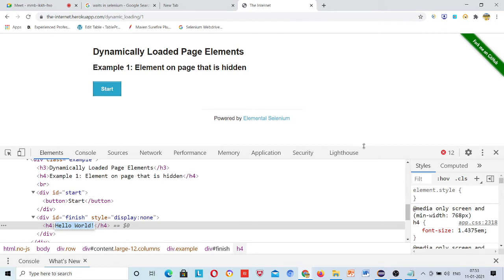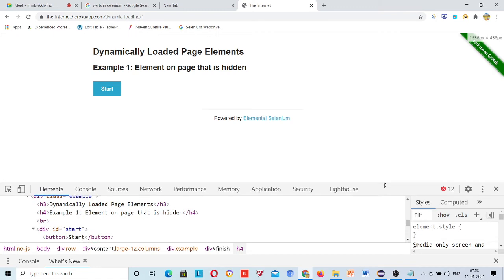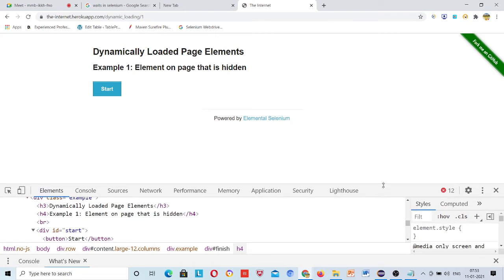Can you see this hello world in this web page? No, you cannot see it, because that is not visible, but it is present in your web page.